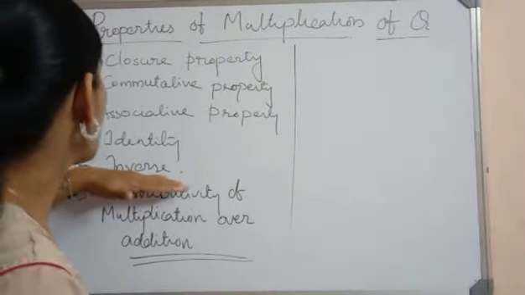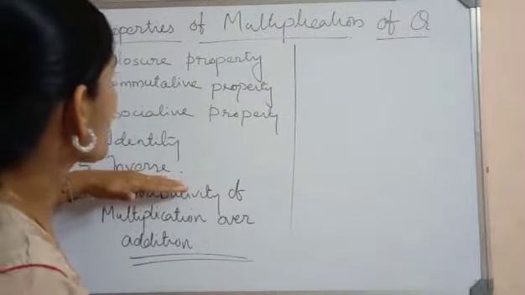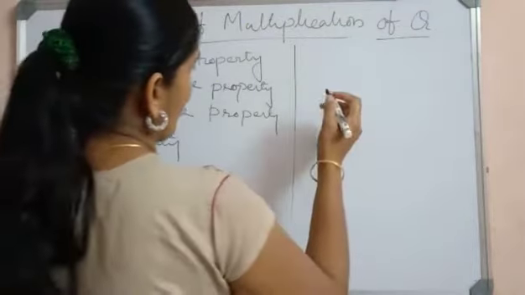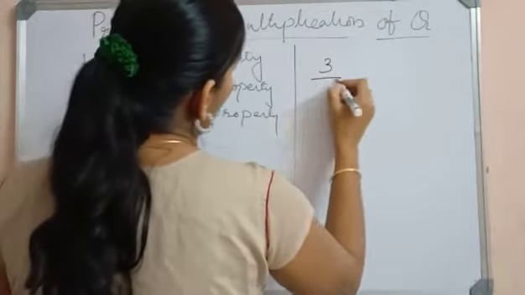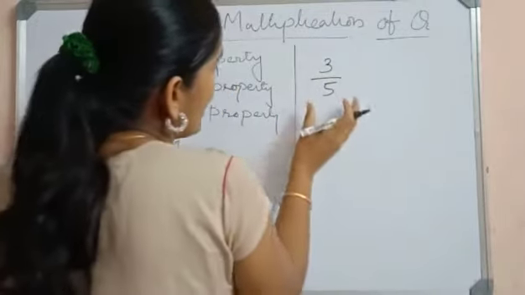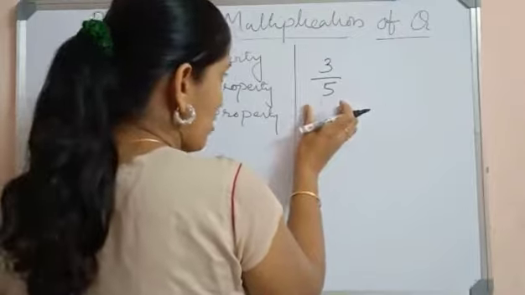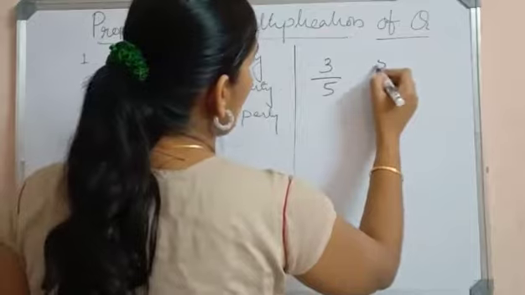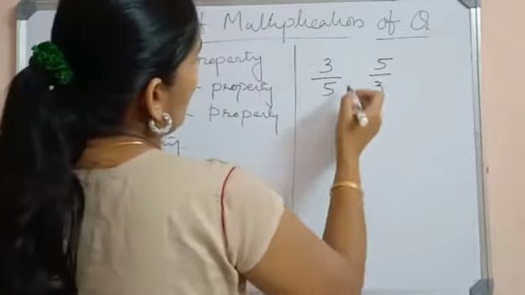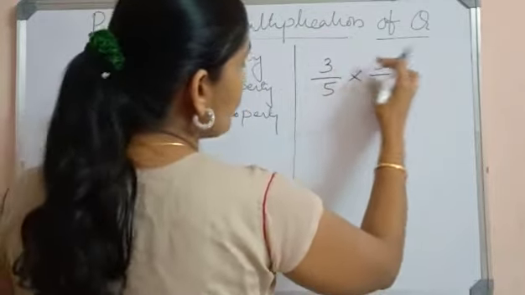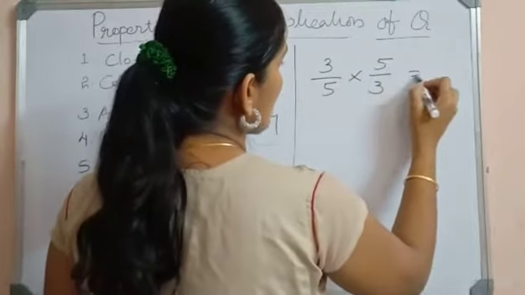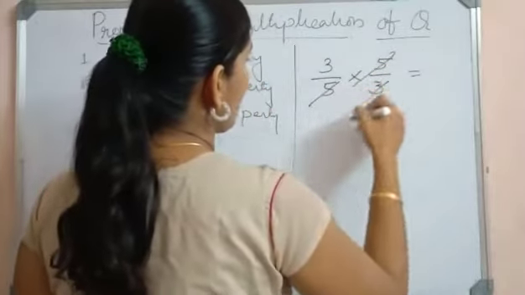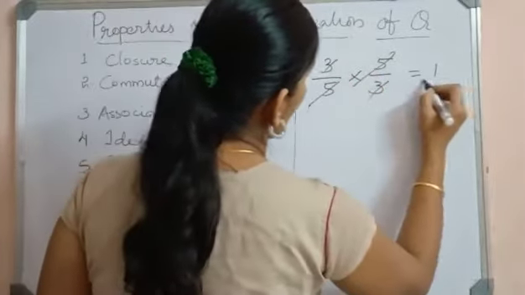The next is the inverse. So there exists an inverse number for all the rational numbers in case of multiplication of rational numbers. Let's consider an example. 3 by 5 is the rational number, and the inverse of this particular rational number is the reciprocal of the given number. Reciprocal of this 3 by 5 is 5 by 3. So when you multiply this number with the inverse, what must you get? You must get the identity of multiplication. Let's see whether we are getting the identity. So when you cancel all the four terms, you are getting 1 as your answer.